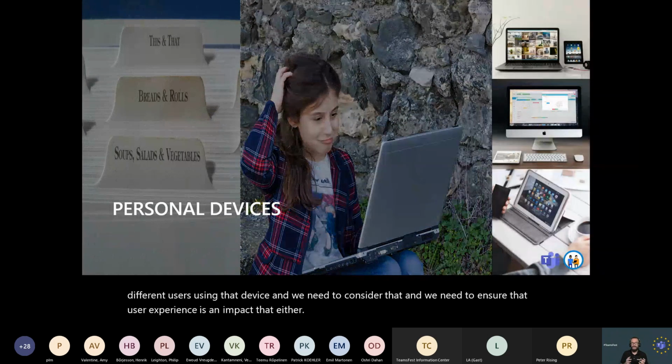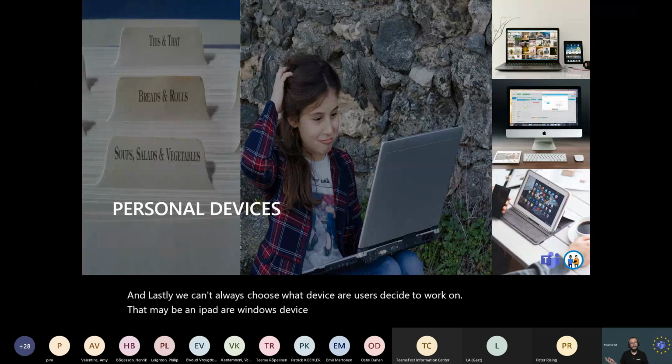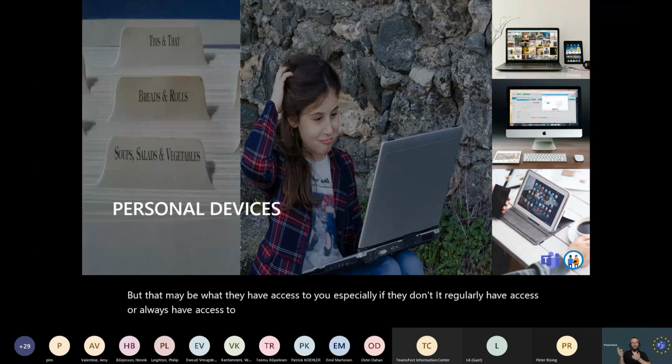And lastly, we can't always choose what device our users decide to work on. That may be an iPad, a Windows device, a Mac, an Android device, a Linux device, whatever it may be. That may be what they have access to, especially if they don't always have access to a managed device but are now working from home.